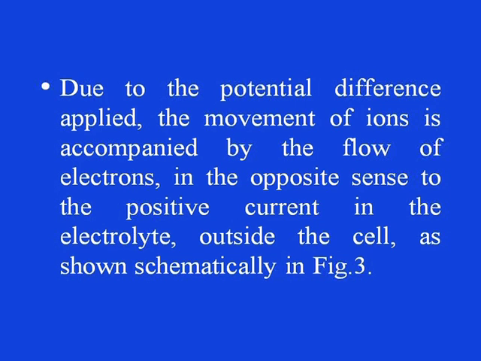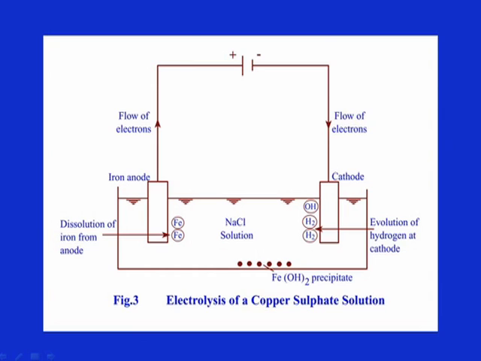Due to the potential difference applied, the movement of ions is accompanied by the flow of electrons in the opposite sense to the positive current in the electrolyte outside the cell, as this is shown in this figure schematically,